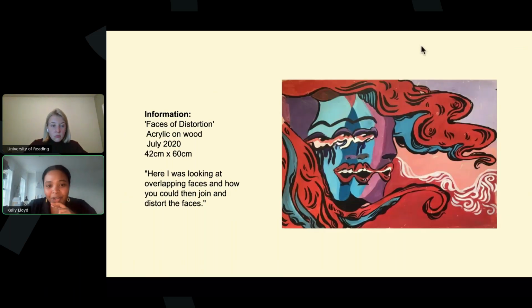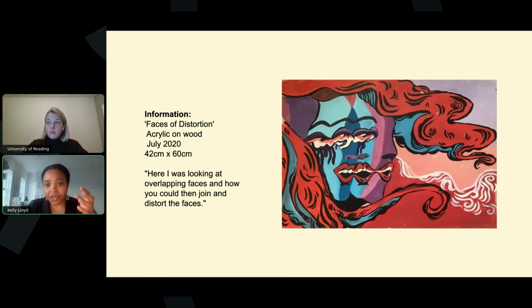Faces of Distortion, acrylic on wood. All 3 of these portfolios have really good examples of captioning. So Isabel Small on the slide says, "Here I was looking at overlapping faces and how you could then join and distort the faces." Again, you don't have to write